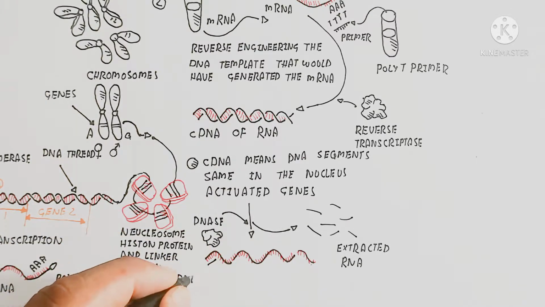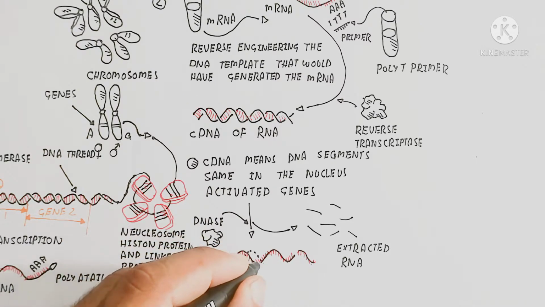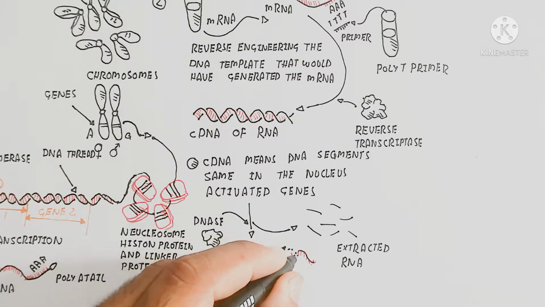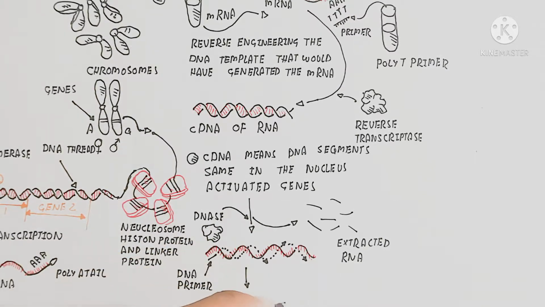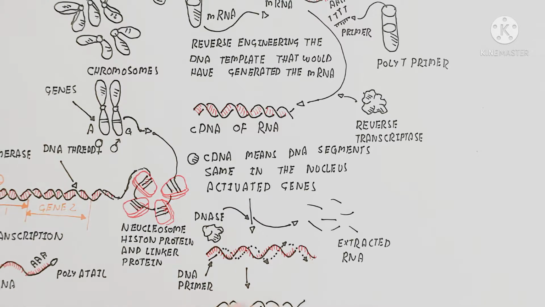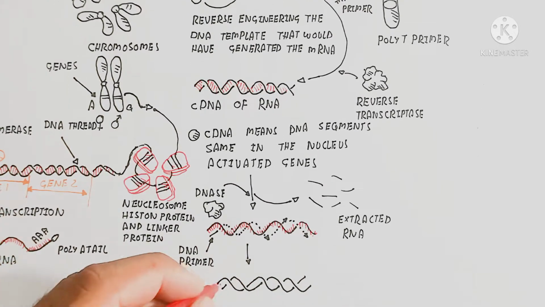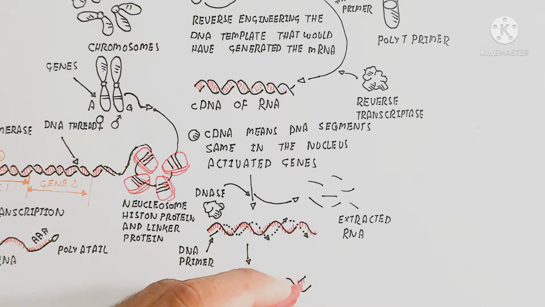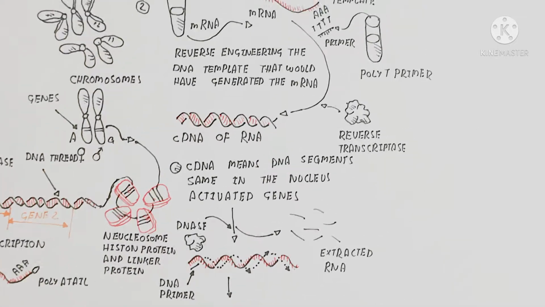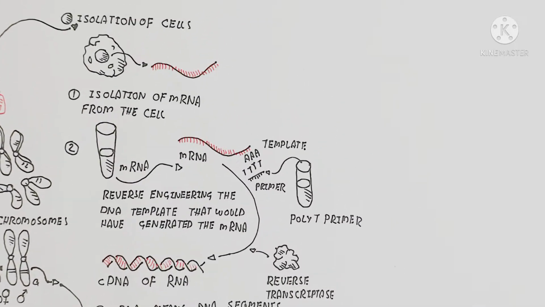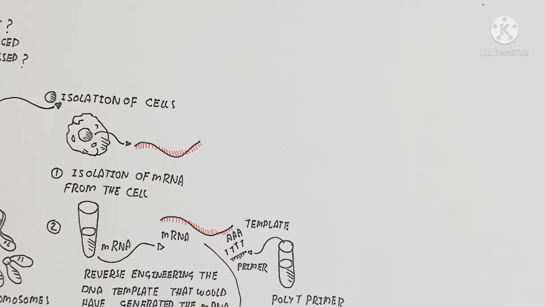This complementary DNA is the same as that in the cell of the tissue. Every human body cell contains a nucleus, and the activated DNA segment is in the nucleus. That is why we generate that DNA, for detection and for checking whether a gene is activated or not.